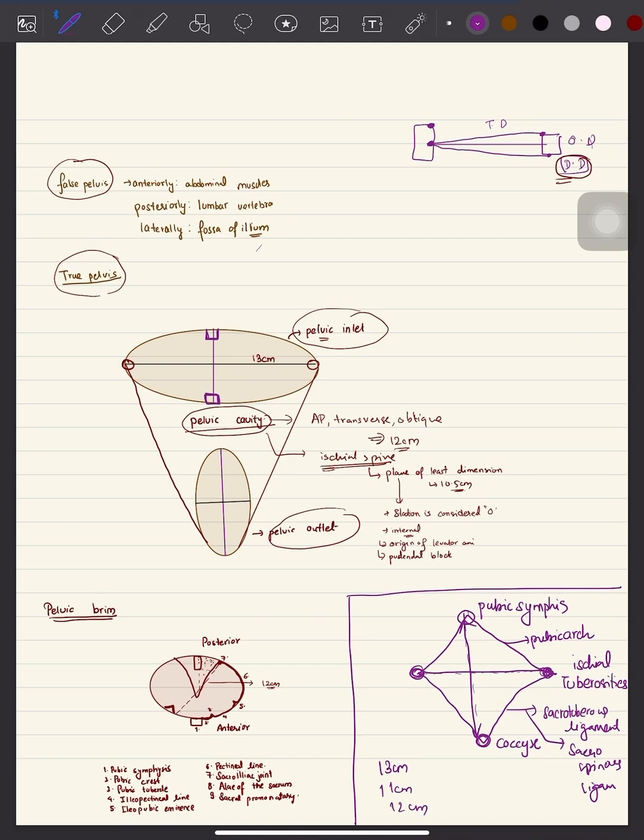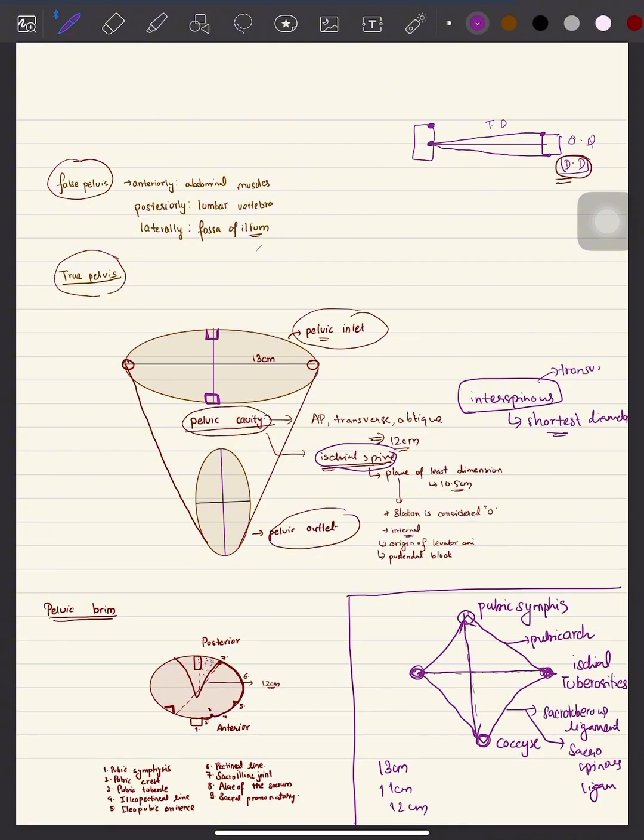One thing we need to understand is the ischial spines, or the interspinous diameter. The interspinous diameter is the shortest diameter,